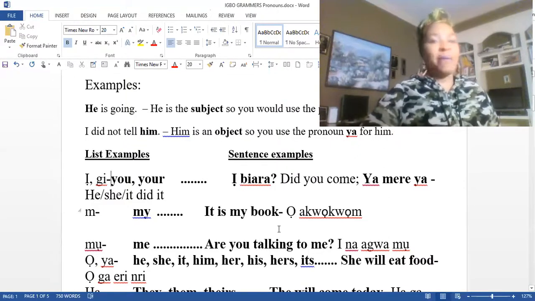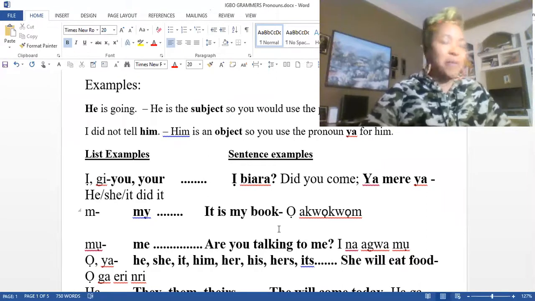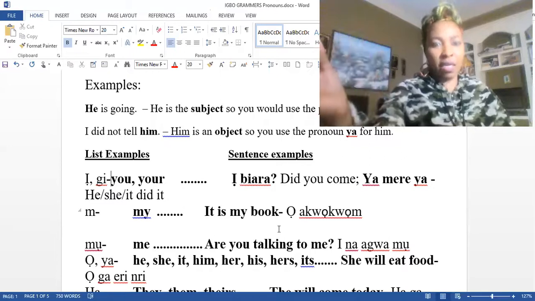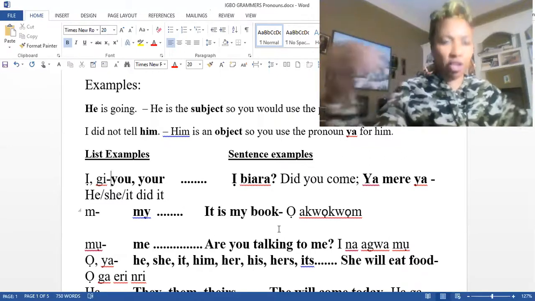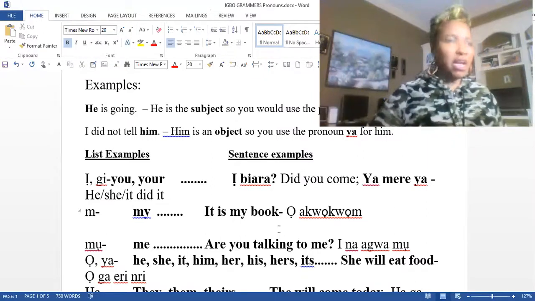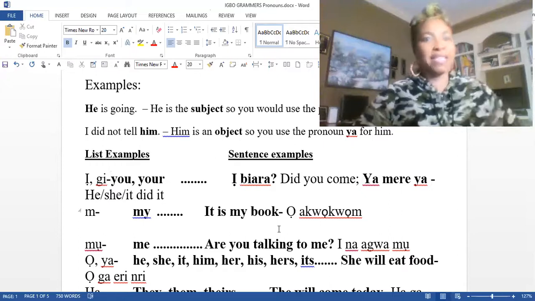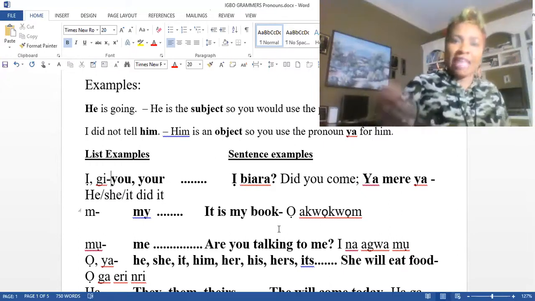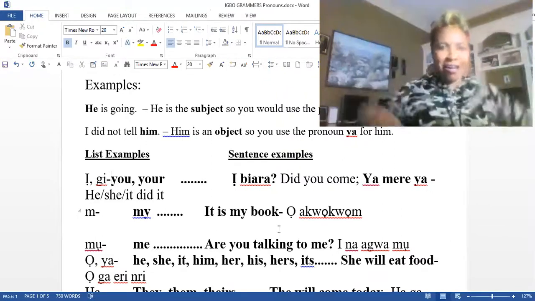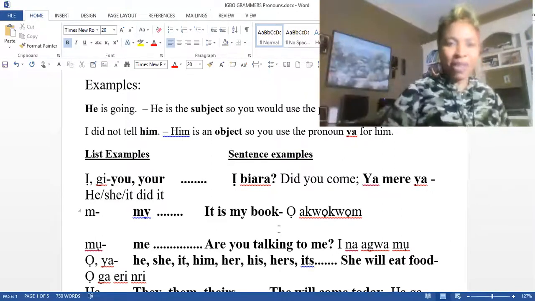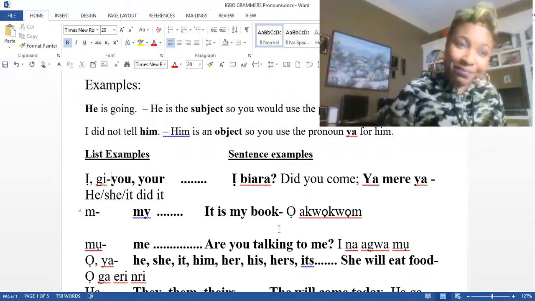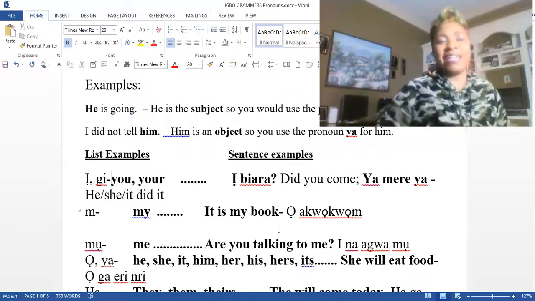Or say, oh, my uncle, did you come? Oh, my aunt, did you come? You know, so Ibiara, like you see somebody. It's in a question way. Like you stepped into your living room, coming down from upstairs or from downstairs, and surprisingly you see that your uncle is there, your aunt, or maybe your grandma, grandpa. Oh, grandma, did you come? You see, so it's just with excitement and you're so surprised.